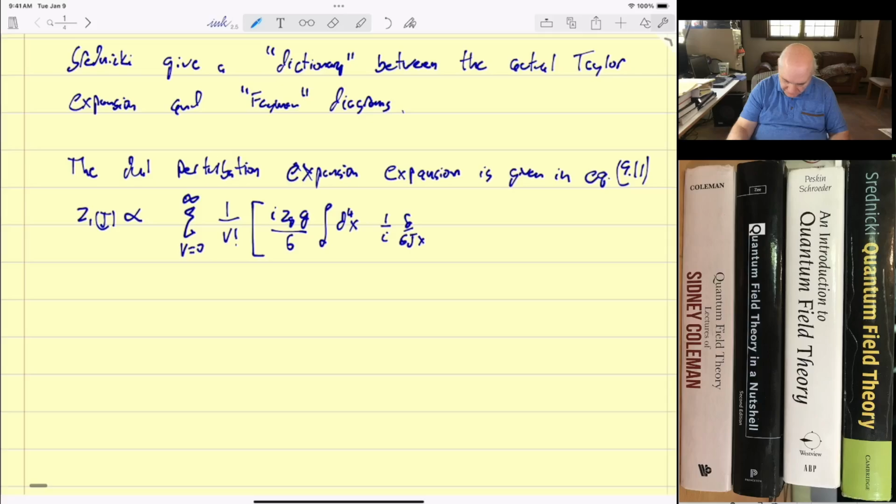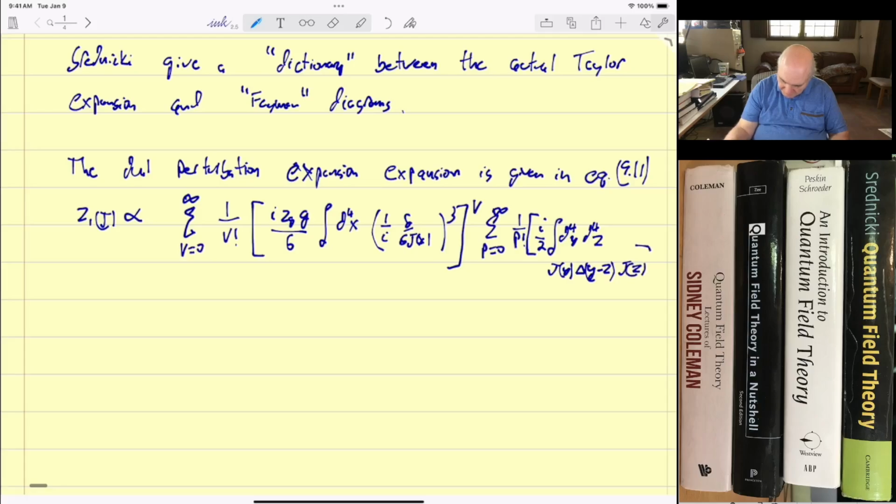This is a functional derivative, and this thing is cubed, and this is to the power of v, times the sum from p equals 0 to infinity, 1 over p factorial, i over 2, integral d^4y d^4z, J(y), this is the Feynman propagator, Delta(y minus z), J(z). So that's the actual formula,